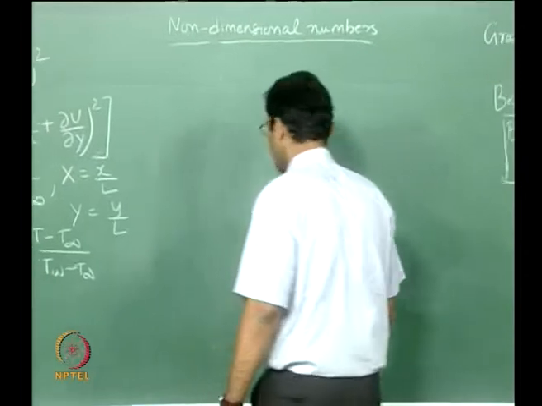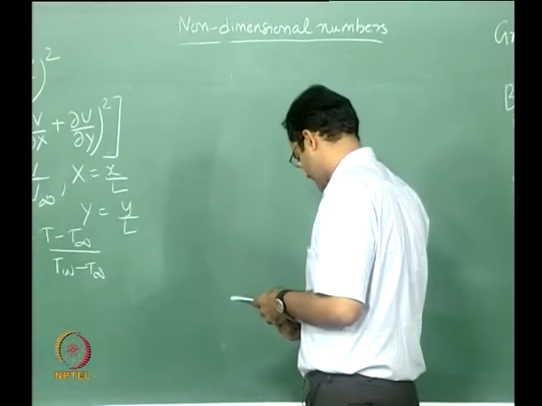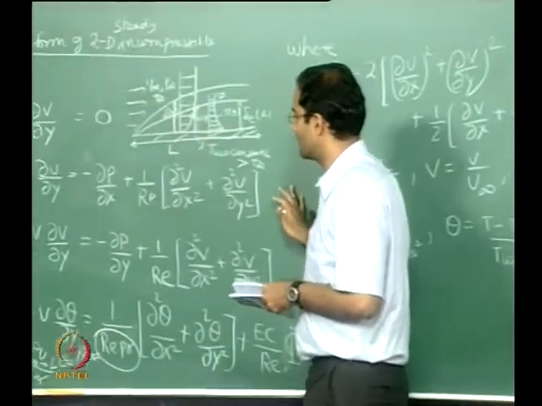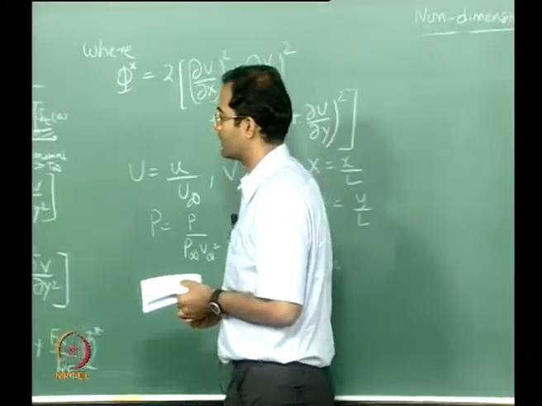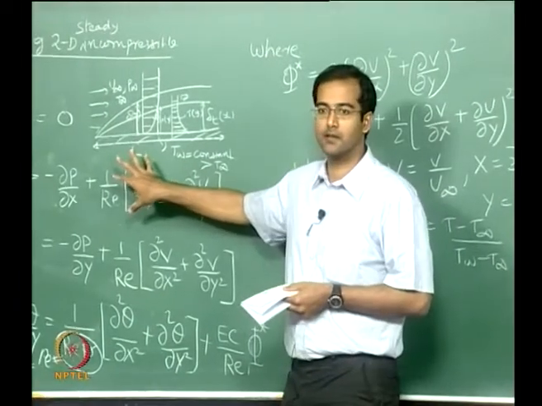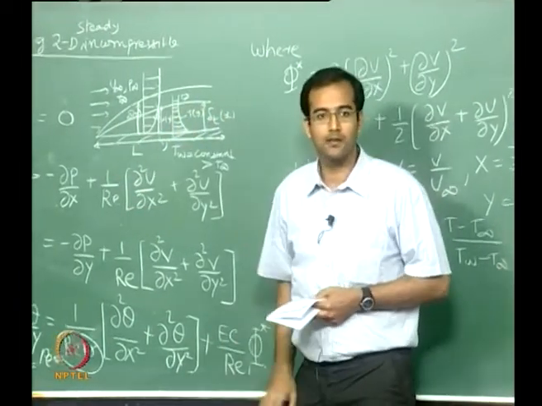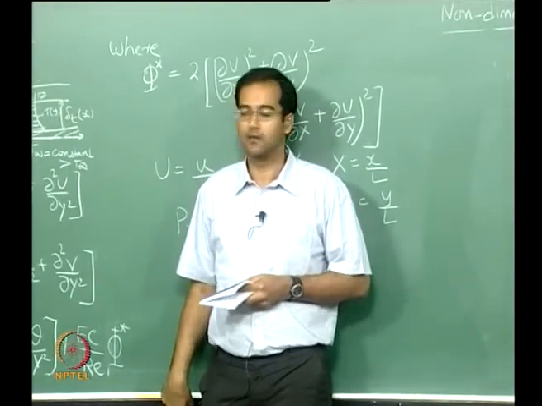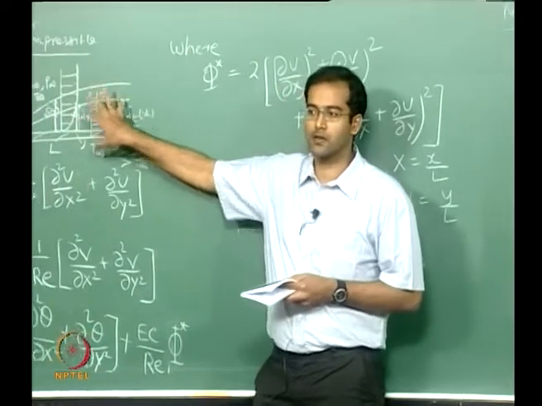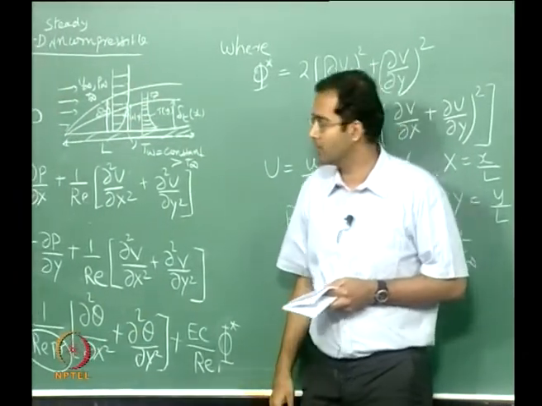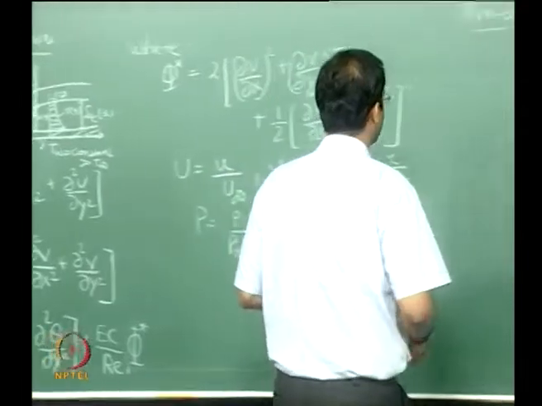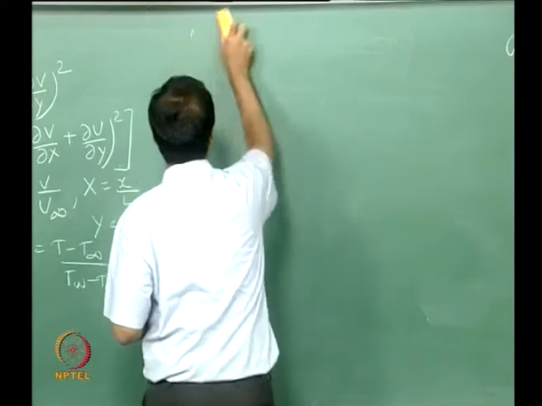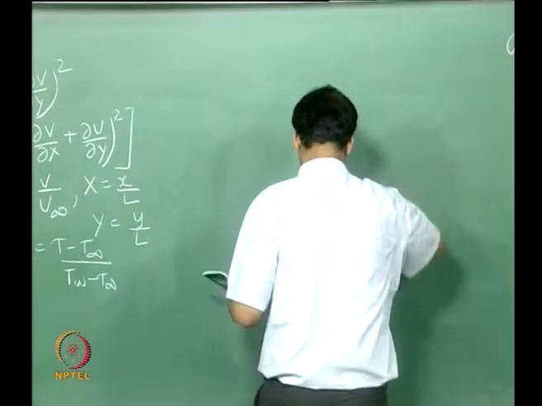So now what we will do next is we will use the non-dimensional form. From here we will go one step forward. As I said, we will approximate the Navier-Stokes equations to a much simpler set of equations for which we can find an analytical solution. So that we will do for this particular boundary layer problem. We will look at what we call the boundary layer approximation to the Navier-Stokes equations.